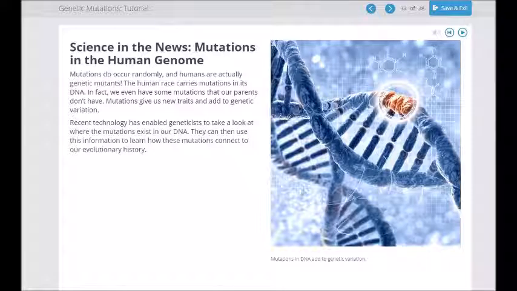You spit in a cup, you send it off, they put it in a machine, and it can come back in an hour. What used to take 2 weeks, they can now do in an hour, and it's going to get even faster. So now we have an ability to look at a lot of people's DNA, and people do it all the time. And I don't think it's a bad idea, but every time somebody sends their DNA into 23andMe, they're collecting more and more information about humans because they want